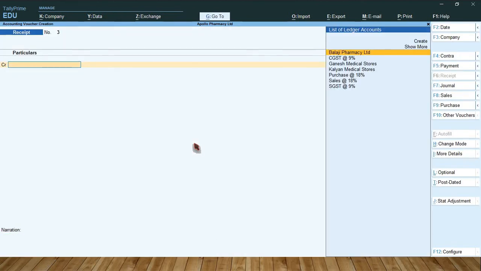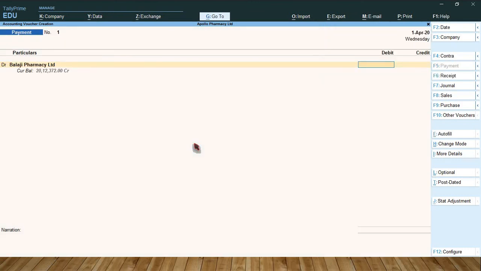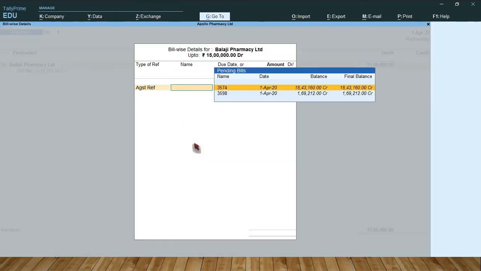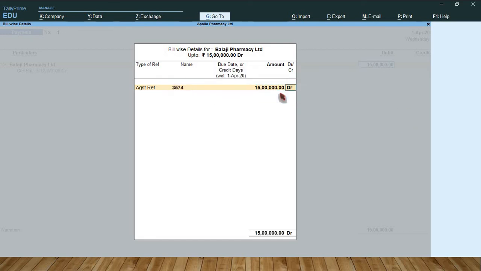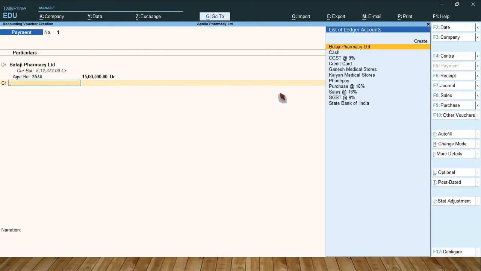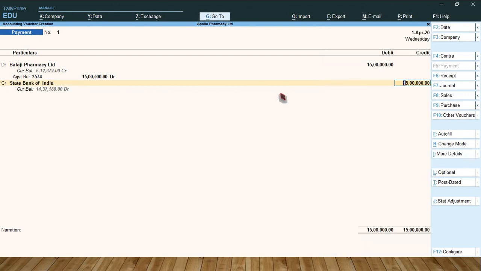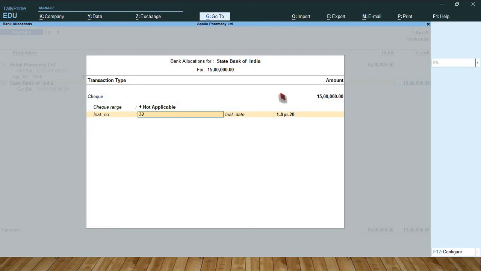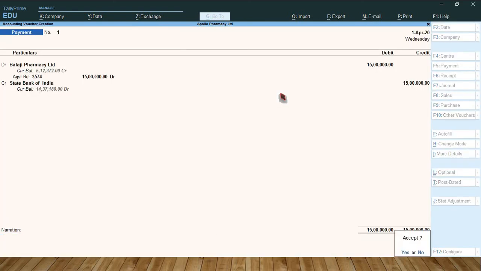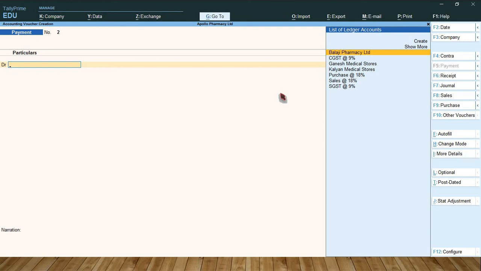So make a payment to Balaji Pharma. Just assume you are going to pay 15 lakh against reference. So two bills are there. So you are going to pay first one 3574. State Bank of India. So type check number also and enter